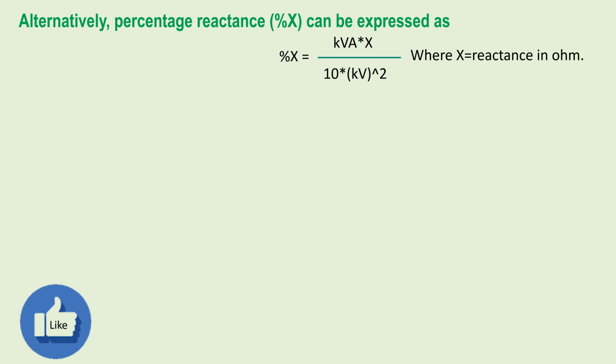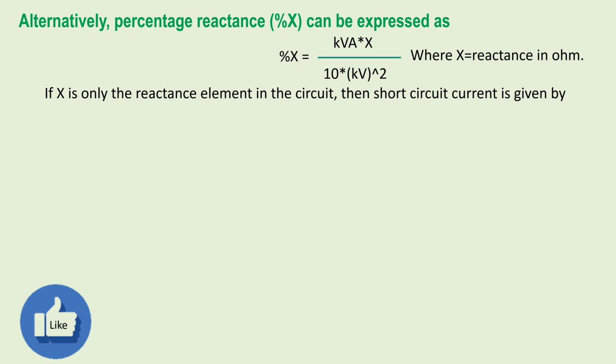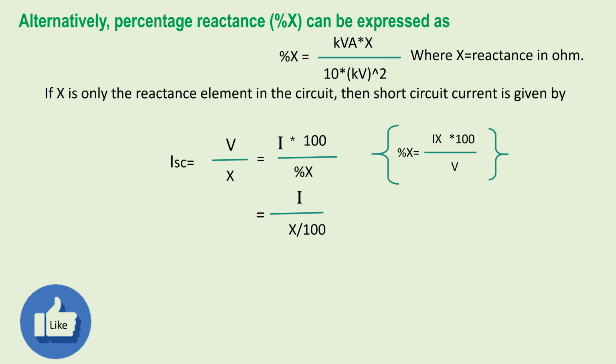Alternatively, percentage reactance can be expressed as percentage reactance is equal to kVA into X divided by 10 into kV square, where X is equal to reactance in ohm. If X is the only reactance element in the circuit, then short circuit current is given by I